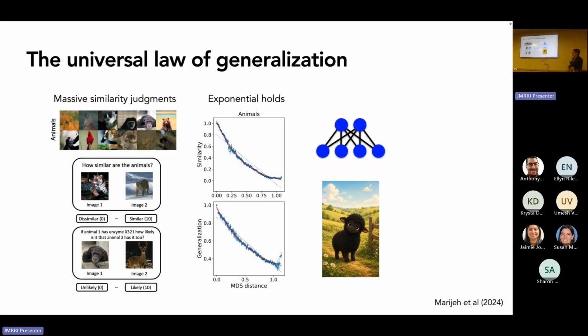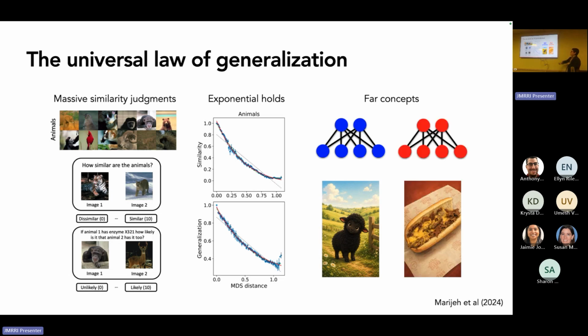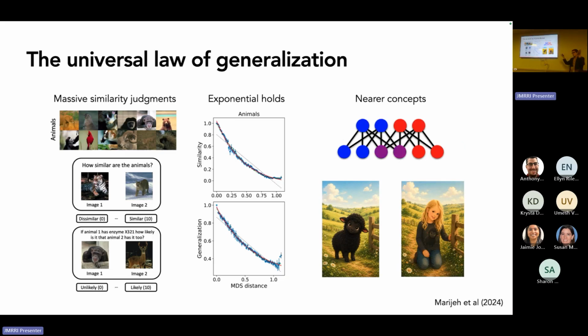And so she could have some kind of representation, whatever your concept is of a sheep, in the neural hardware, the neural network. And whatever concept is in that neural network is going to be somewhat distinct from something like a Philadelphia cheesesteak. So your knowledge of this wouldn't transfer to this. That would fall off here, from the sheep down to the Philadelphia cheesesteak. But nearer concepts may have something. So there's some kind of gradient. So this is my daughter. She's an animal. Maybe she's cute. She can't play Baa Baa Black Sheep. Neither can the sheep. So there may be some kind of shared representation that could predict this.